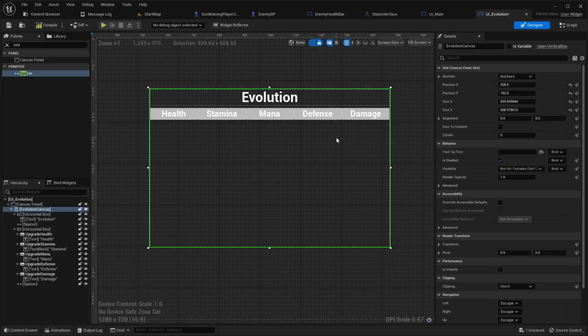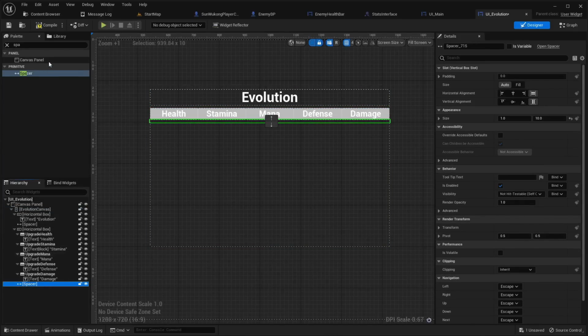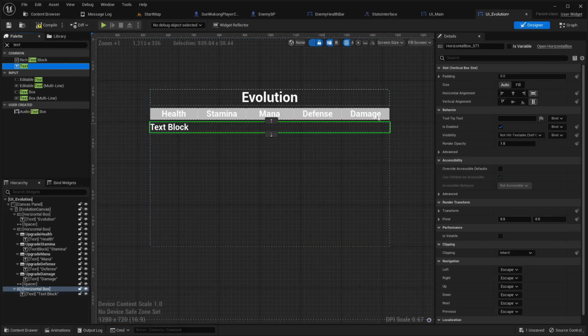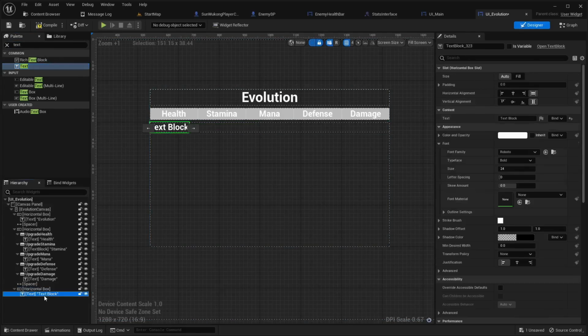I want to also unlock new weapons in our game, so that's going to be our sword and our axe. And then I'm going to here also create a new tab for our unlocks of weapons. So here I'm going to get another, let's say, horizontal box inside our evolution canvas. This one, let's see, I'm going to place a text. This text is going to be unlock